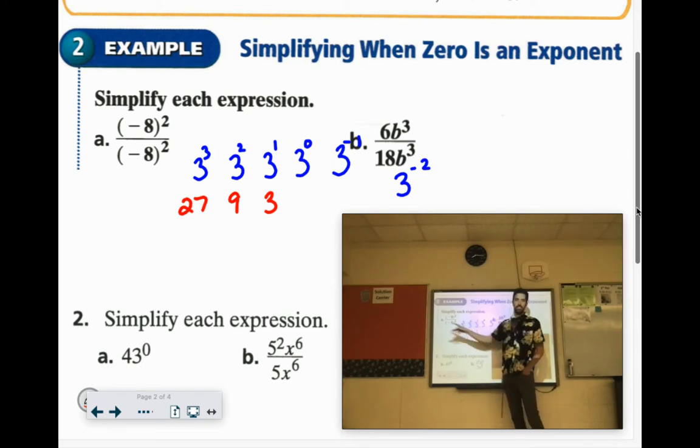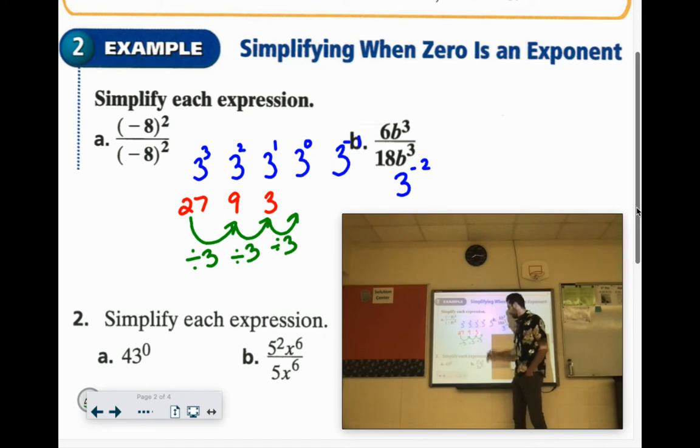So as you go to the left, on the way I wrote it, you're multiplying by 3. If you were to go backwards, 27 to 9, you're dividing by 3. 9 to 3, you're dividing by 3. So if we kept that going, 3 divided by 3 would give you 1. And then even dipping into the negative exponents, if we did 1 divided by 3, it would be the fraction